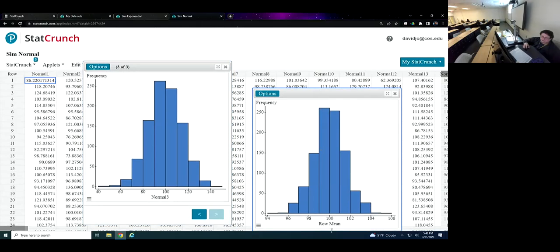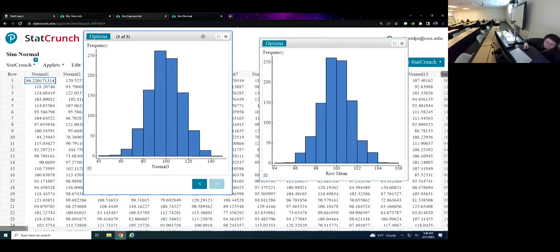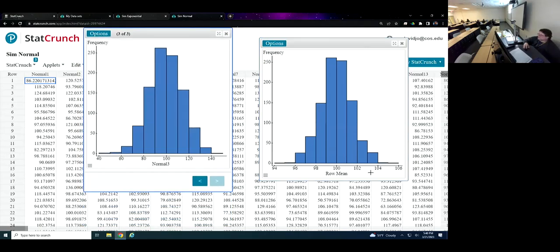This is the group that has all 100 groups. And now rather than going all the way over to 40 and all the way up to 160, it only goes over to 94 and over to 106. Getting really narrow because it's dividing by that square root of n. And on the standard deviation, this one right here, the standard deviation is 15. Here, the standard deviation is 15 divided by square root of 100 is 1.5. So it gets really narrow.